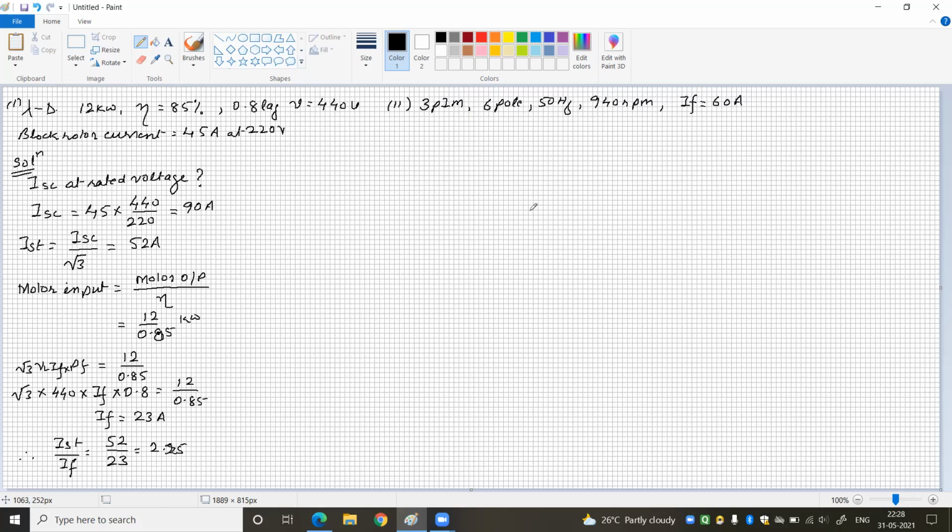It develops the torque equal to 150 Newton meter. The torque developed by the first case, that is a DOL starter, is equal to 150 Newton meter. Now we want to calculate the starting torque. This is the full load torque. Now what is the starting torque? That is, the starting torque by the DOL starter is how much?